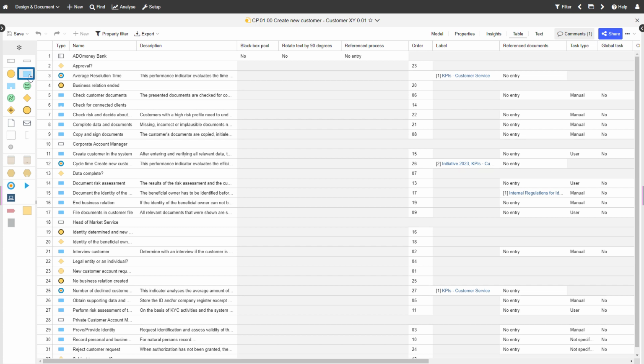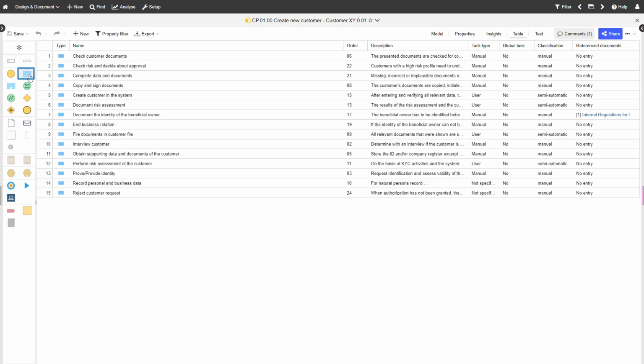You can filter the view to display only specific types of objects, such as tasks. By double-clicking on a cell, attributes can be modified directly.